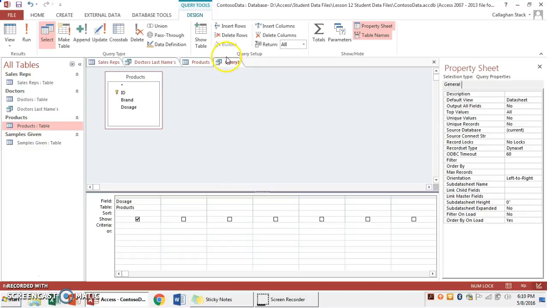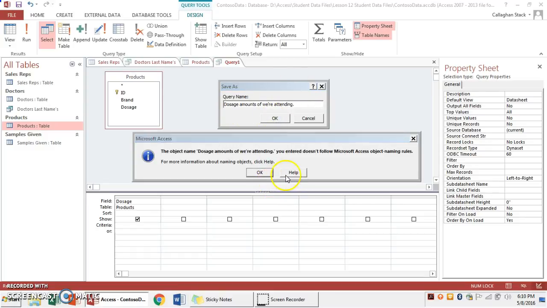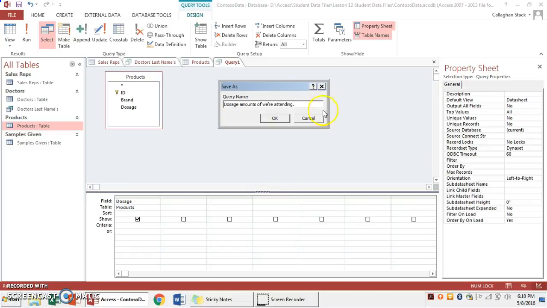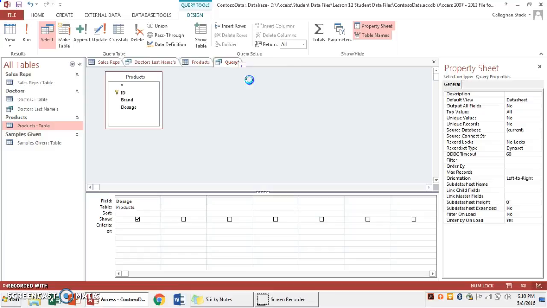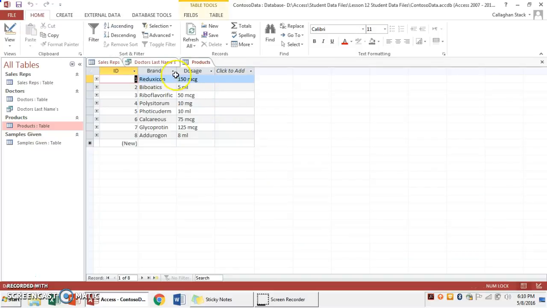Now if you want to delete this query, I'm actually going to save it first. Save it as dosage amounts for patients of the hospital where attending. Okay. Now if you want to delete some of these things, it's actually kind of easy. All you have to do is right click, close, without saving it, and then you say no. Actually, don't want that. Then you say no. So you can go over all these things